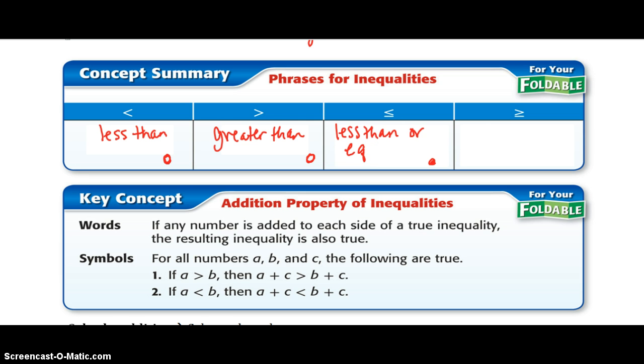I can't write and talk at the same time tonight. Less than or equal, so closed dot, greater than or equal,